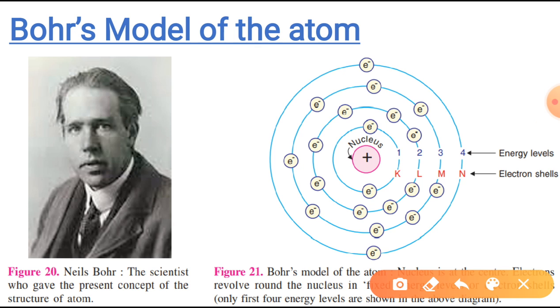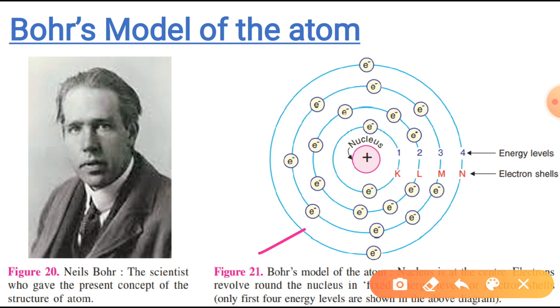Let's start. Students, in an atom, the electrons revolve around the nucleus in certain definite circular paths called orbits or shells. Here in this diagram you can see the nucleus is at the center and some circular paths have been shown in which you can find electrons. These are your shells, or you can say orbits. Each shell or orbit corresponds to a definite energy. Therefore, these circular orbits are also known as energy levels or energy shells.